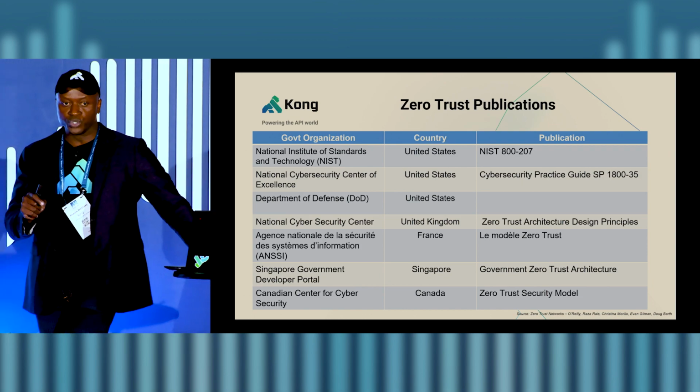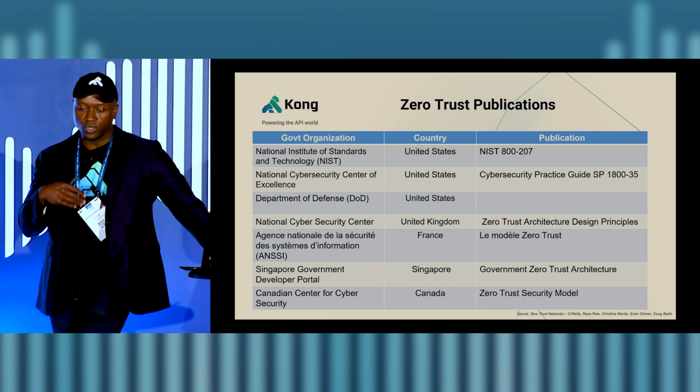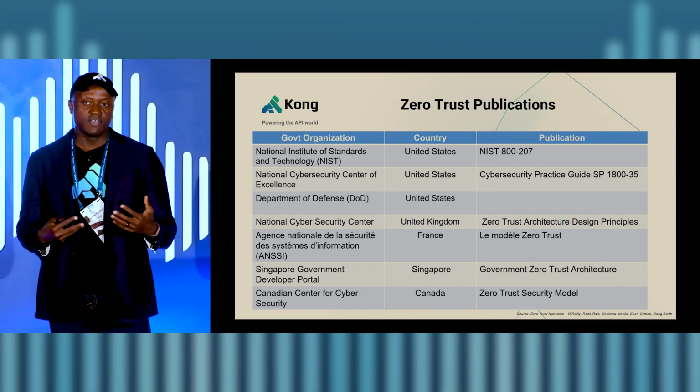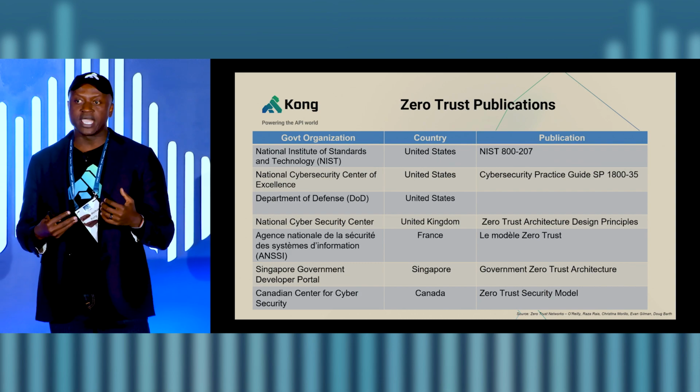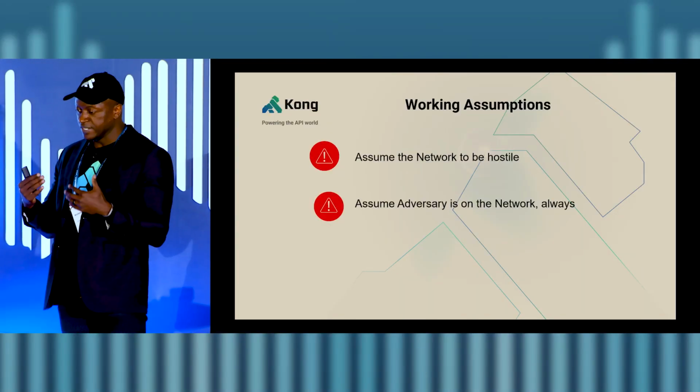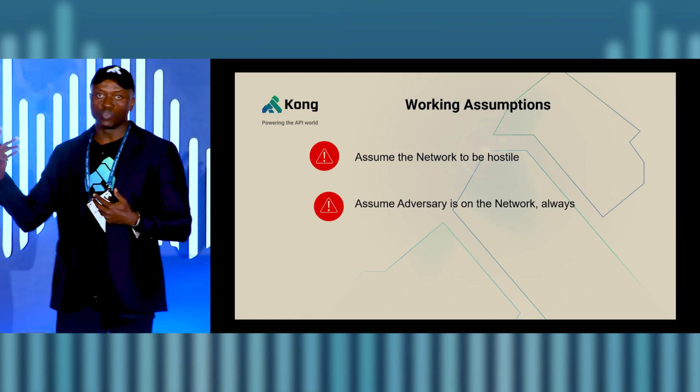But what we want to do is, if you glean or peruse a lot of this documentation, there are three takeaways that we can get from it that can begin to guide how we need to secure our microservices, right? And by the way, when I talk about microservices, that extends to the APIs as well, right? Because our APIs really are just how our microservice gets exposed onto the network, right? So I've broken down these three takeaways into two working assumptions and one overarching goal.